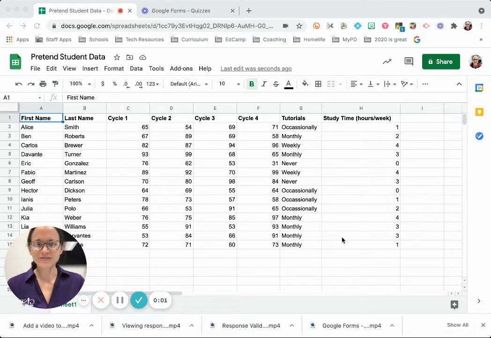So let's talk about some of the fun stuff you can do with Google Sheets. I have here some pretend student data. So first name, last name, cycle grades, whether the students came to tutorials and how often, and then their self-reported number of hours that they studied every week. Pretend data, right? All right, so the first thing I want to do is show you how to do a